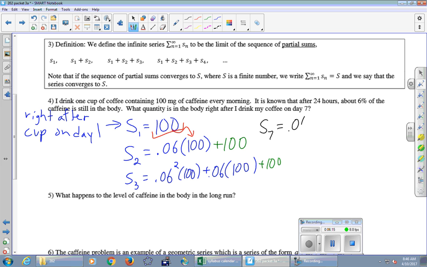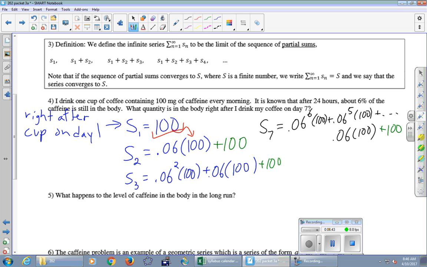Just have to think about the pattern here. 0.06 to the what power? 6, right? S3 had the highest power of 2. 0.06 to the 6th times 100 plus 0.06 to the 5th times 100 plus dot dot dot 0.06, a single power. And then finally,